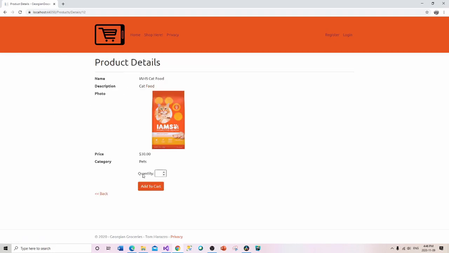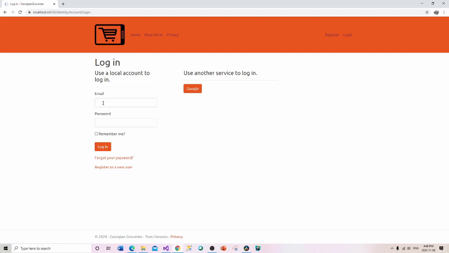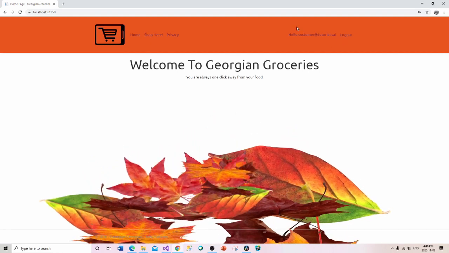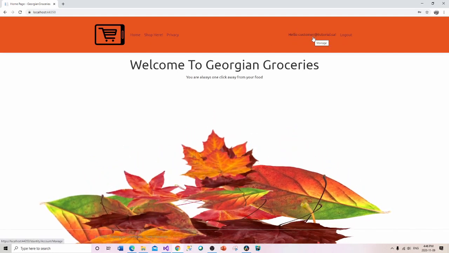Or I want to go in through this way and I want to get this item. Notice I'm not logged in. The website has no idea who I am. Okay, so when I log in, let's say I'll go to customer, and that will be ABC123 exclamation. Okay, and now I've got the same sort of things available to me, but notice I'm now in as a